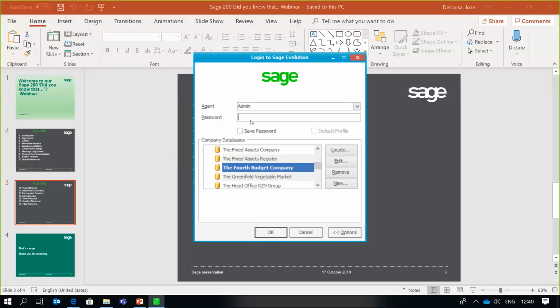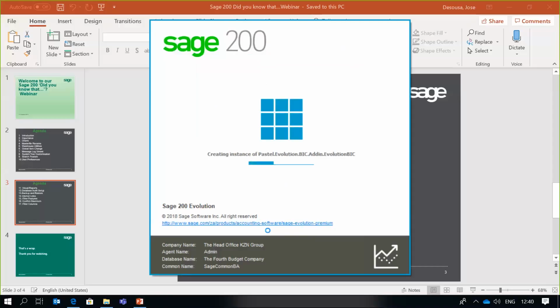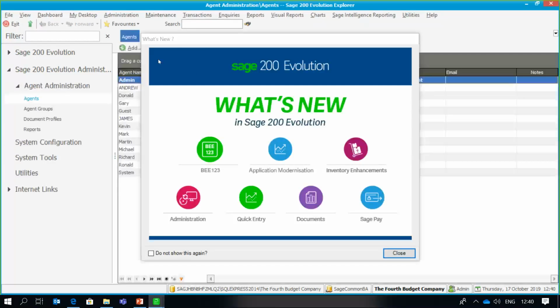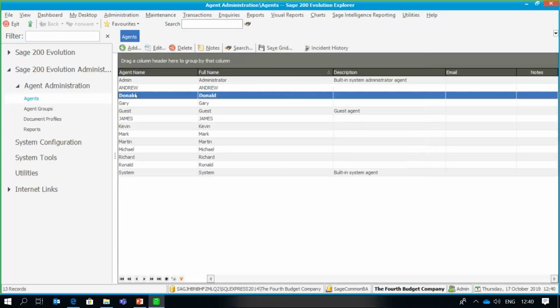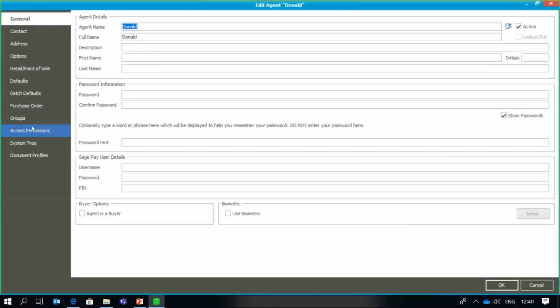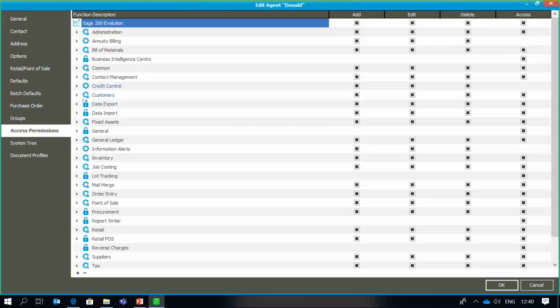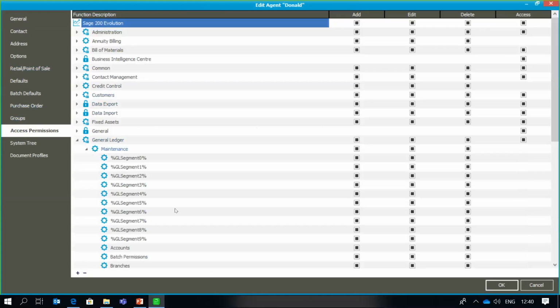So log in as administrator. And I'm going to go to that user, edit, and now it's simply a case of going to the access permissions, and we know that the user is going to be using this module, and based on that options, we can simply go and allocate the access permissions there based on the